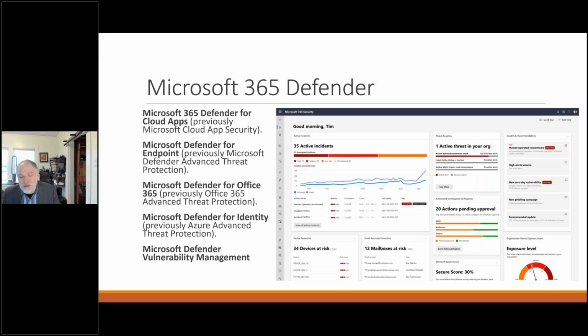And there's also a Defender for Identity tool, which is an interesting tool that you install if you still have an on-prem environment. You install it in your domain controllers, and it'll send alerts up into the cloud to tell you when there's things going on within your environment, like a golden ticket attack or those types of things. And Microsoft's added a new tool set called Defender for Vulnerability Management.